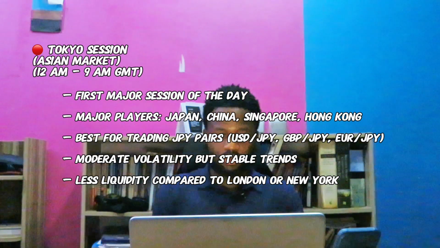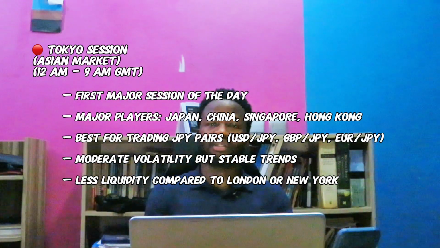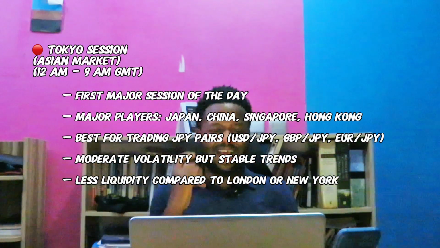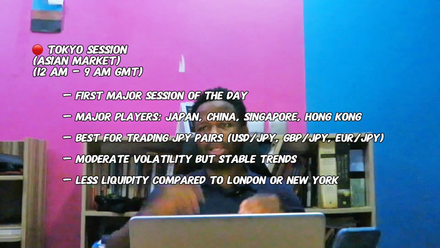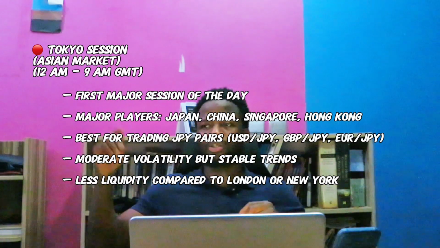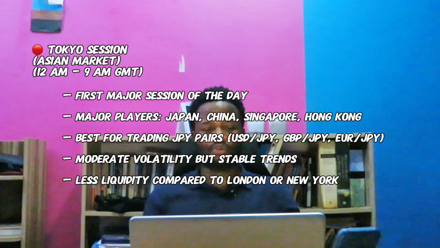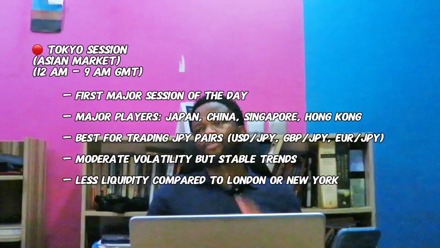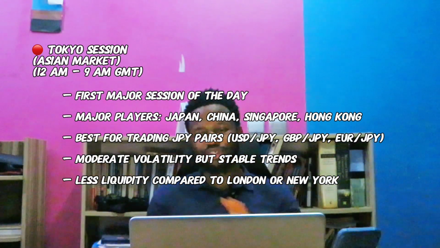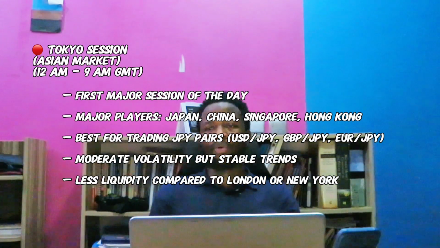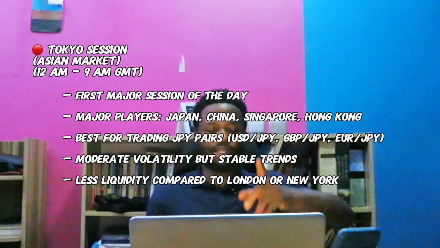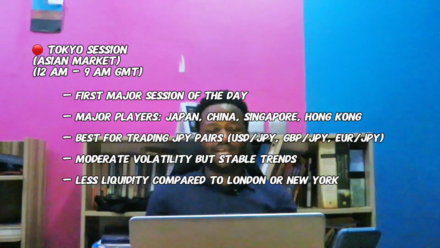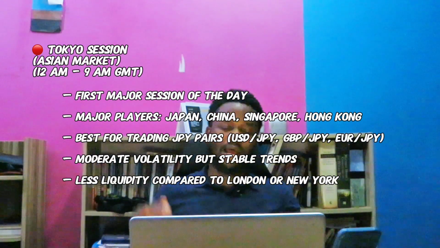I love Tokyo session. Most of the money I have made in the past 6 months trading is from Tokyo session because it has a stable trend. It does not tend to have a lot of liquidity swap. You get to understand all those things as you move on, but there is less noise, less manipulation in the market at this period. So if it's moving in one direction, it's moving in that direction most of the time, unlike when we're in London session and then it goes up and then it changes trend and then it resumes trend, all of that. But also it has less liquidity compared to London and New York.